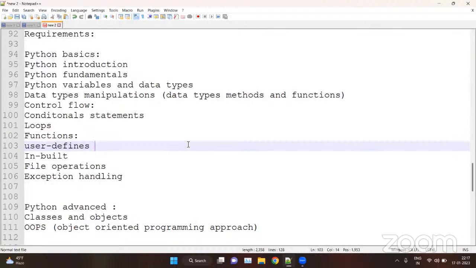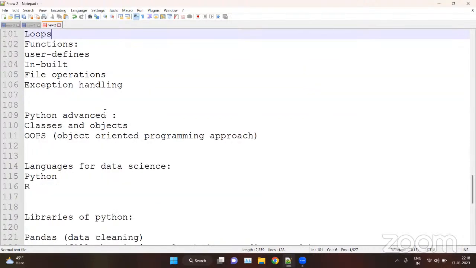Like in basics: introduction, fundamentals, variable rules, and data types. All types of data types like strings, numbers, integers, float, complex, Boolean, list, tuples, dictionary, set, frozen set, etc. Data types manipulations like functions and methods, like string functions and methods, list functions and methods, etc. Control flow, you can go with conditionals like if else, loops for loop, while loop. Functions and